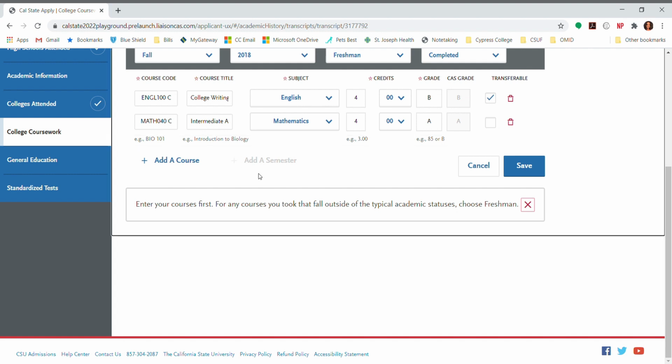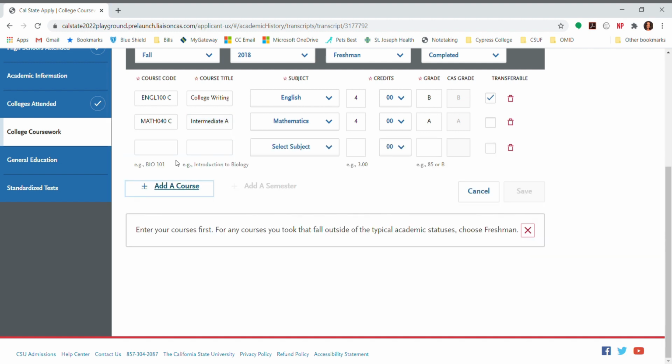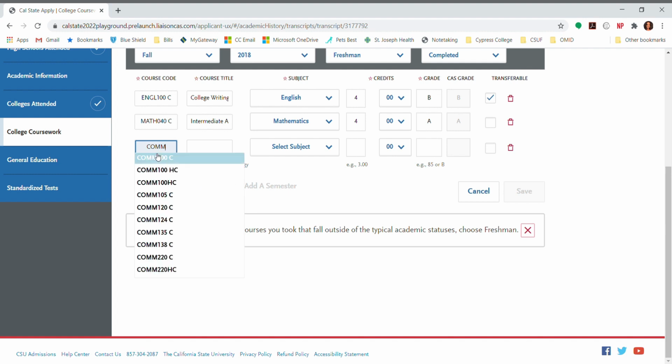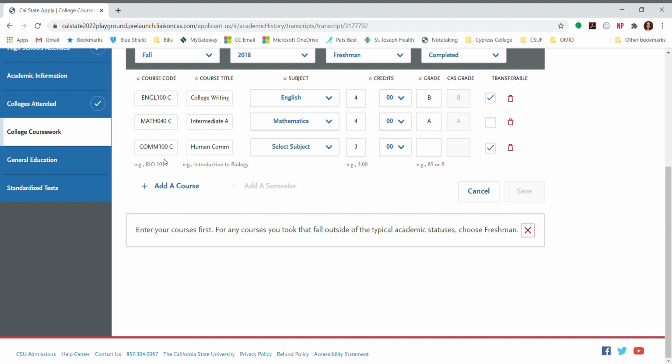The great thing about Cal State Apply is that it automatically calculates your transferable GPA based on what you input in this college coursework section. So it's going to count out any non-transferable courses in your transferable GPA. Let's add another course, and we'll say I also took COM 100, so I'm going to start typing in COM. There's COM 100, filled in the subject for me, the course title. The subject is communications. The credits is a 3-unit course, and I withdrew from this class, so I got a